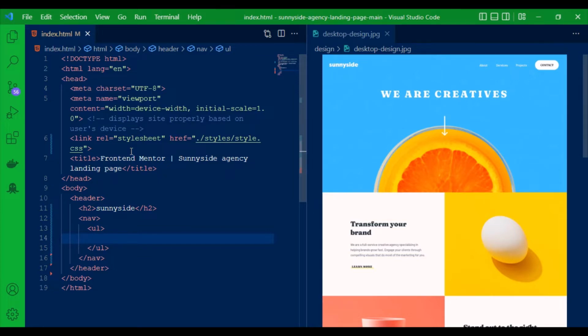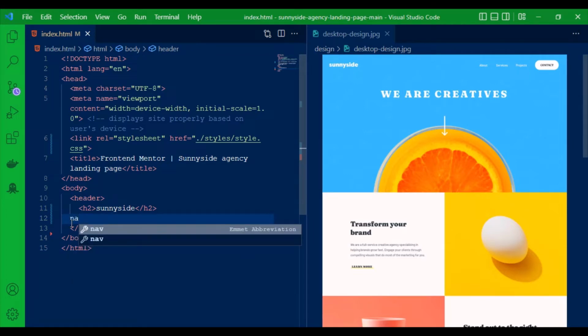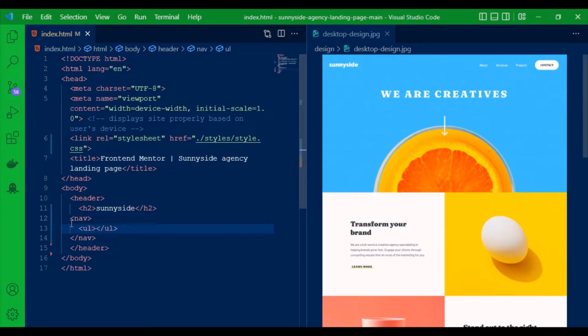So we have li. There is one thing I want to teach you. We call this Zen coding. It's just like a shortcut. Now you can just say nav ul. As you can see, it will open a nav tag and a ul tag. Let me show you again. You will write the name of the tag, nav. After the nav, we want the ul tag, so you will use a greater than sign, then ul. If you click enter, as you can see,